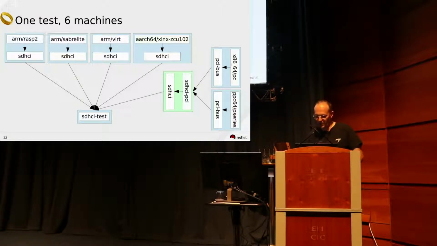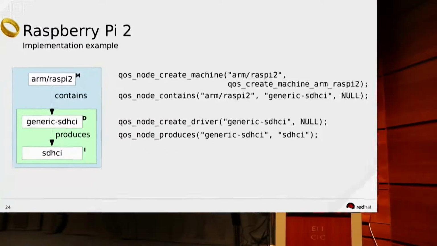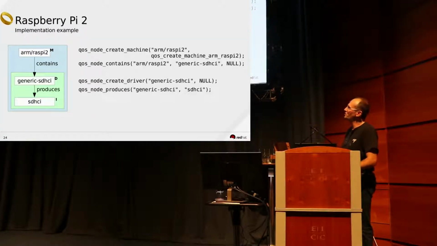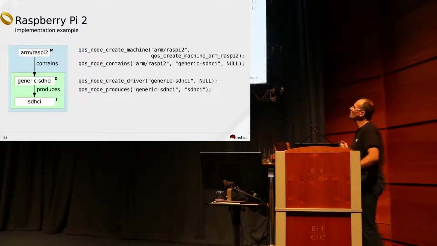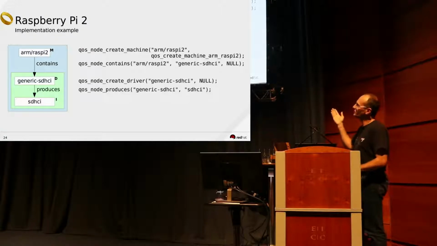So now we have the abstract concepts. We can have a look at the implementation. I keep the same picture to make the link between the functions to describe the machine and what we have seen with the abstract concept. So we can create the node with the function you can see. We can create the node.